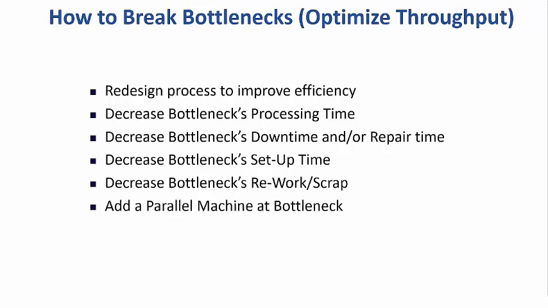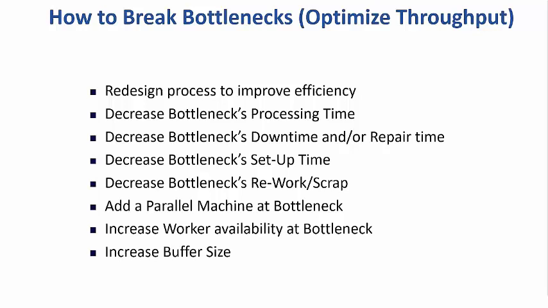If the bottleneck cannot be improved enough and space permits, adding a second parallel station may do the trick. If the bottleneck stations require workers, you may be able to speed things up by adding another worker to a shift or adding a part-time shift with fewer workers. Similarly, you might be able to increase throughput by increasing buffer size. If your process includes the production of different models or types of products, then changing how they are scheduled may